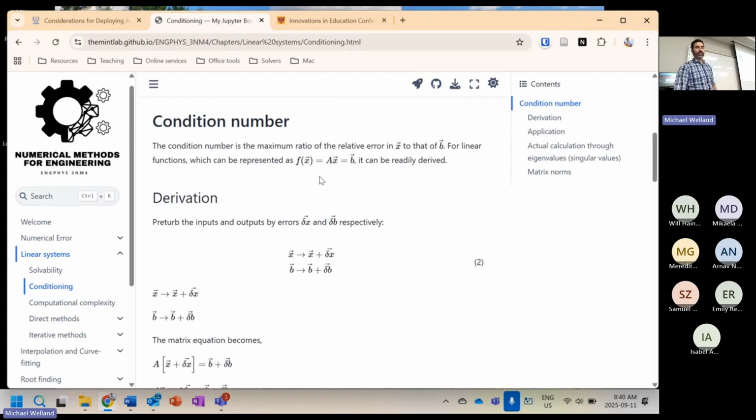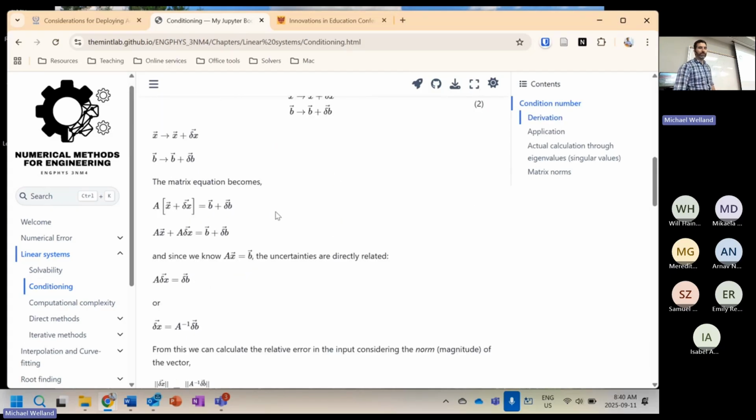Okay, whatever. Linear systems, f of x becomes A x, right? You're in linear systems, good. Okay, for linear systems, you now have A times your new x, which is x plus delta x, is equal to your new b plus the uncertainty in b, right? Because you have a linear system,